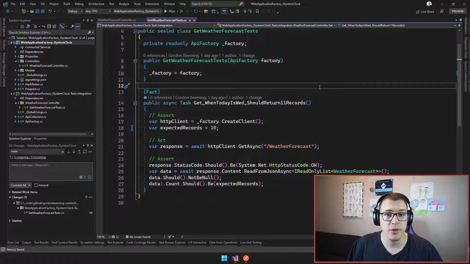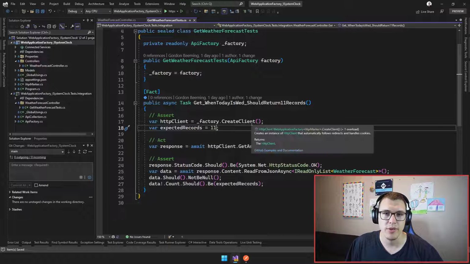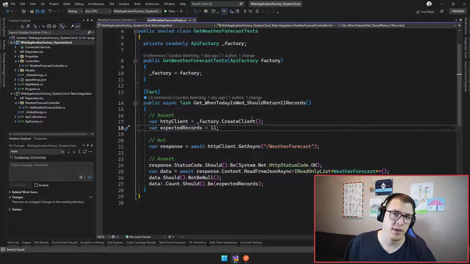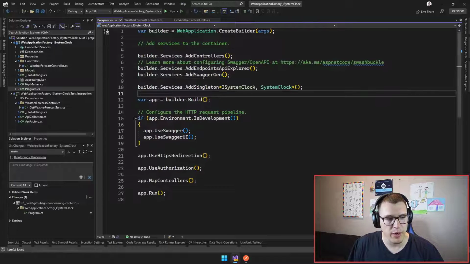So the first thing we're going to do is revert this 10 back to 11, because that's what we wanted to test. Even though it's 10 days to next Sunday, we want to make sure that our test passes with it being 11. The next thing we're going to do, and for your API you most likely won't have to do this,